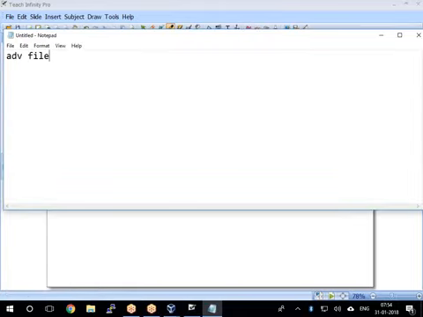Advanced file permissions. Here we have three types: SUID, SGID, and sticky bit. See, SUID is used when you want to allow a normal user to run a command